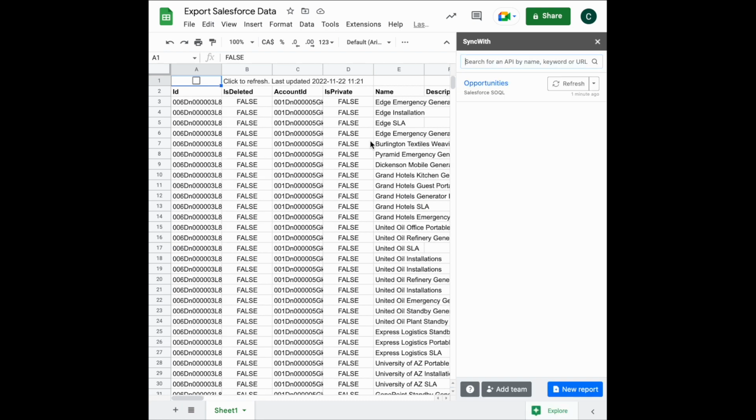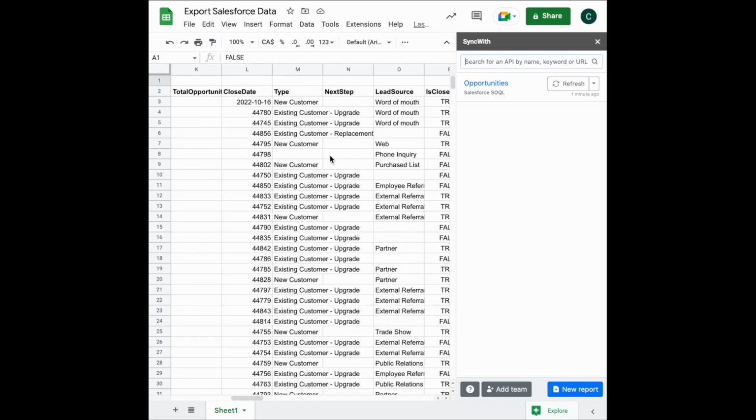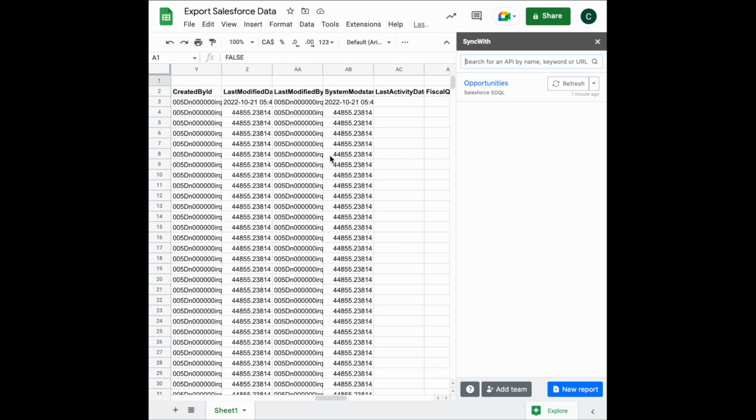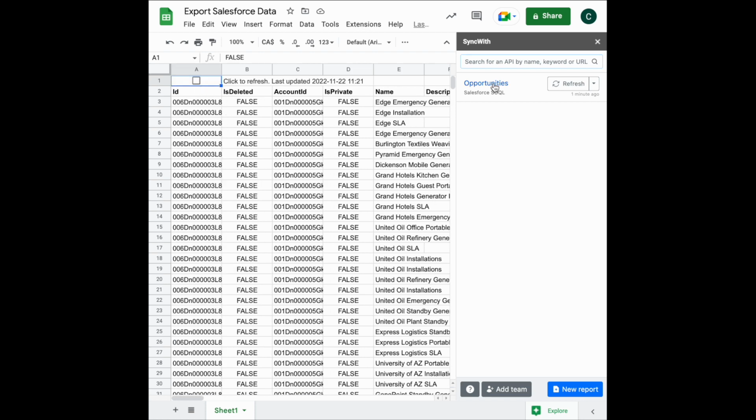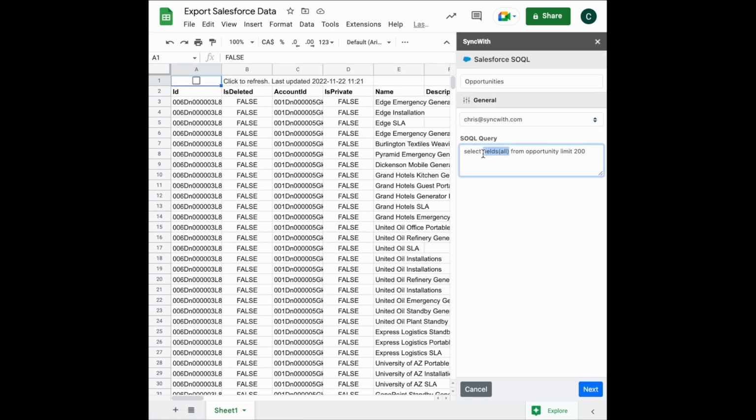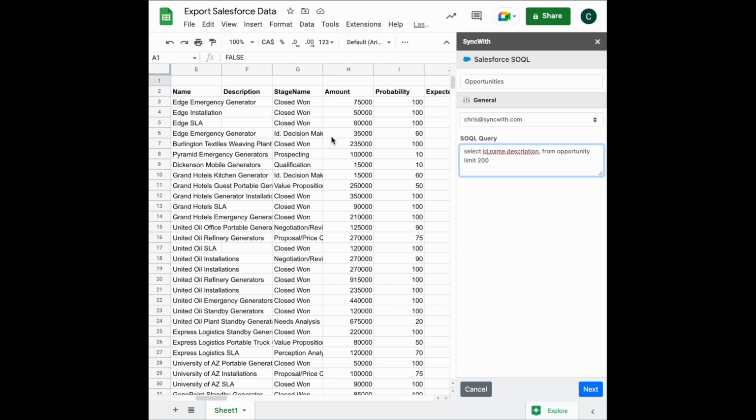Now we've got back all the different fields, so we can scroll. We can see there's definitely a lot of fields on the opportunity object. Now we could refine this. The nice thing is we have all the field names here, so we could go back in and edit this SOQL query, and we could maybe get the ID, name, description, stage name, amount,